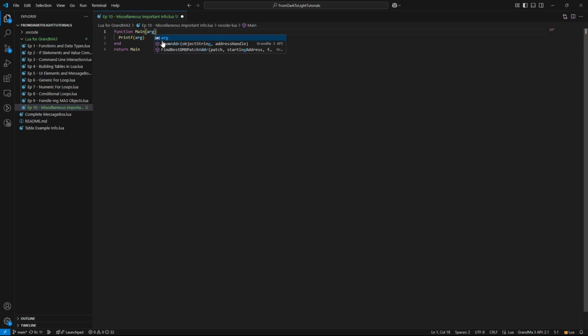Actually though, there is an important thing. You can't make that your one and only argument for your function. It's a weird, interesting thing, but whenever you call a plugin, no matter how you call it, the console automatically gives it as an argument the display from which you called it. So if you're going to actually put arguments in here that you have to use, you need to put a dummy argument in first. I like to call it display, and then you can put arg as your second one.